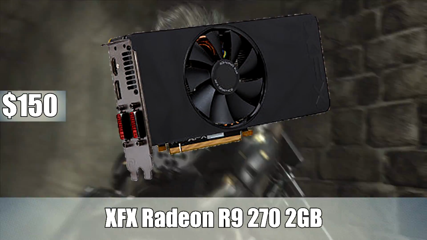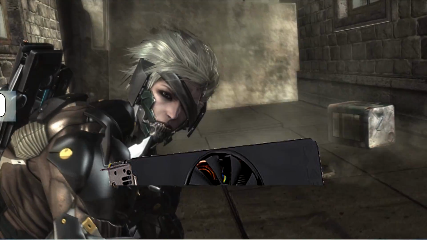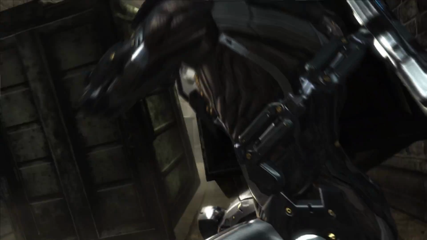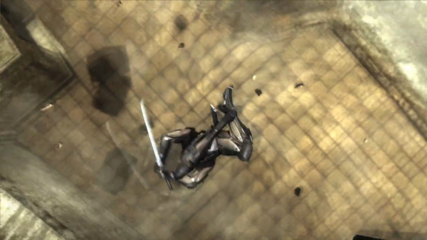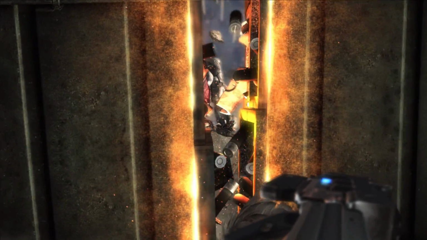For the video card, I went with the XFX Radeon R9 270 2 GB Core Edition video card. This is a solid video card. You can game at 1080p. Obviously, you won't be maxing out every game, but you'll get solid settings and solid frame rates. And it doesn't use a lot of power either, which is nice. This is a solid video card, and for $150, this was the kind of GPU we wanted to get in